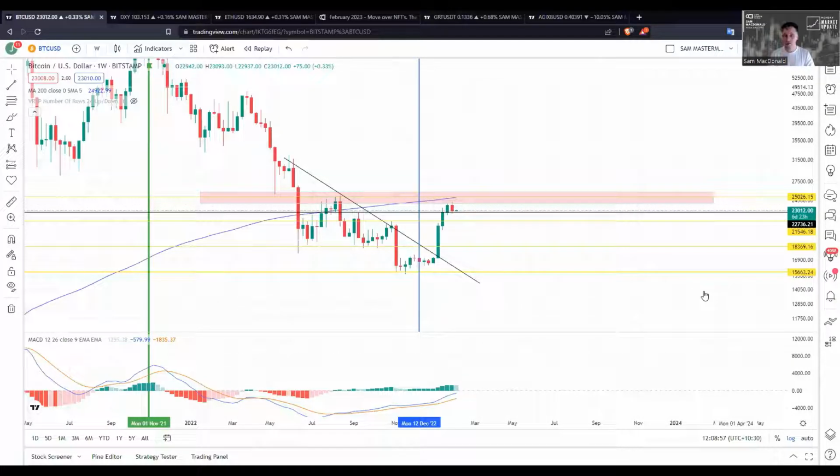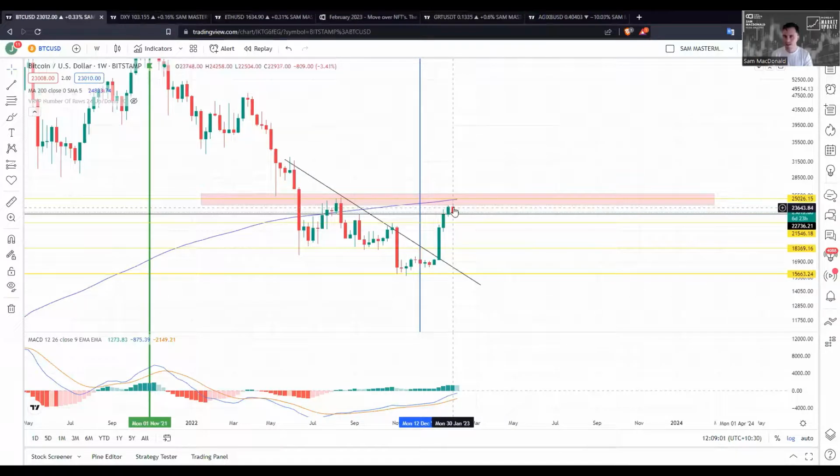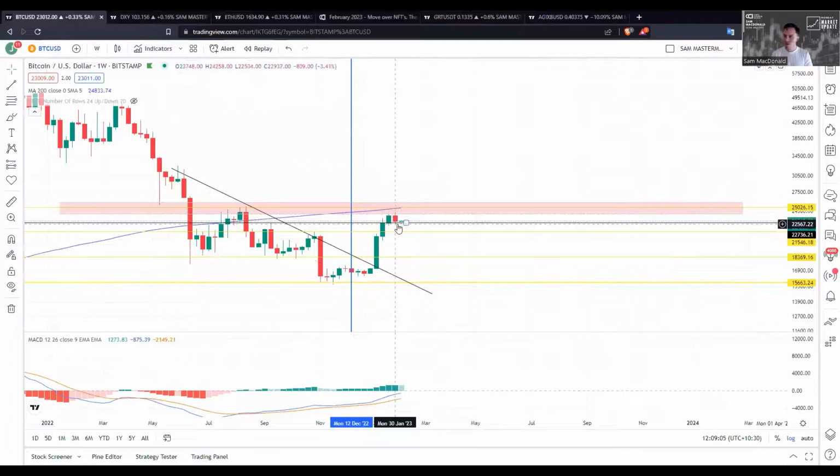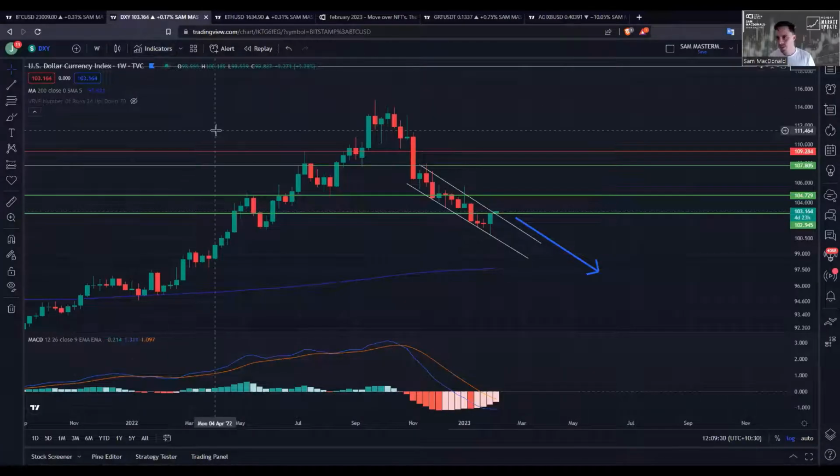It's not the worst thing in the world. This is actually really nice, and we were discussing with our mastermind clients that we've been expecting this and hoping for this, but we have a bit of a sideways cool down. A lot of the momentum oscillators are now just cooling down, ready to reload. We absolutely have a pullback here to around about 20,000. We've got the 200-day moving average, but until we do, we're just playing the ball where it lies, and this is consolidating under resistance. So hopefully we see some action here this week,